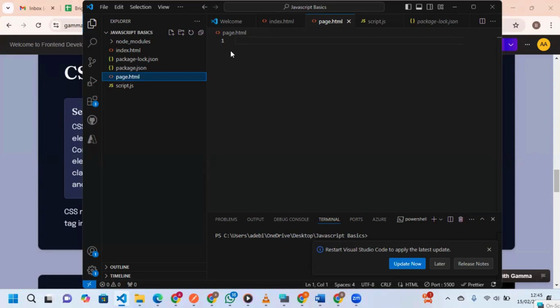So I've dropped it in the chat. If you want to create a CSS file, you use your editor to create a new file and add .css